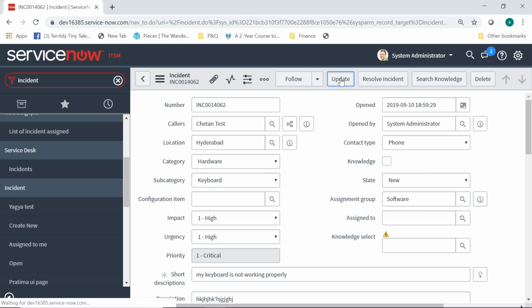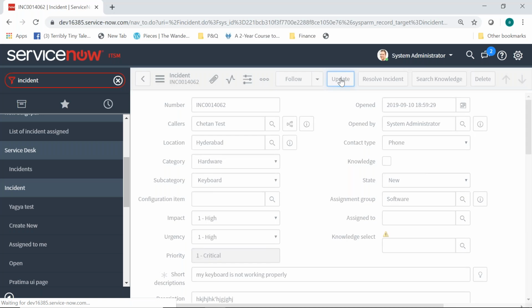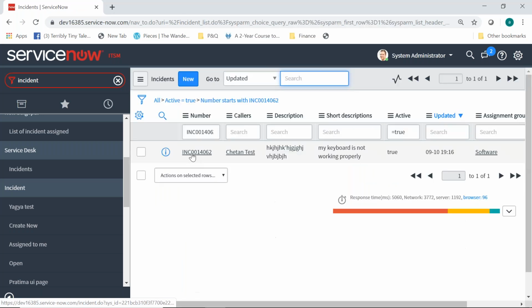Let's open this incident again now. This incident will go to whom? When a ticket's assignment group is filled, an out-of-the-box email, I will see that later, is sent to the group members. So they'll come to know that a ticket has been assigned. Once they come to know that, obviously one of the team members of that team will go into the instance and start working on the issue. Let's check it out. So I'll open this incident.